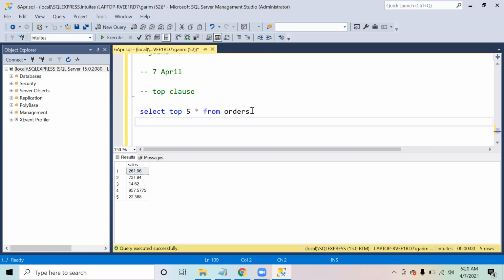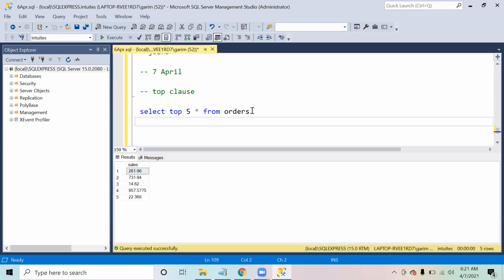Now, if by mistake you write on any table a query, select star from that particular table, and that table has, say, millions of records, then in order to fetch all the data from that table, the query will take a lot of time. Sometimes the system goes into a state where you feel that the complete server has hung. But that won't be the case; because the data is so huge, it will take a lot of time to fetch that data for you.